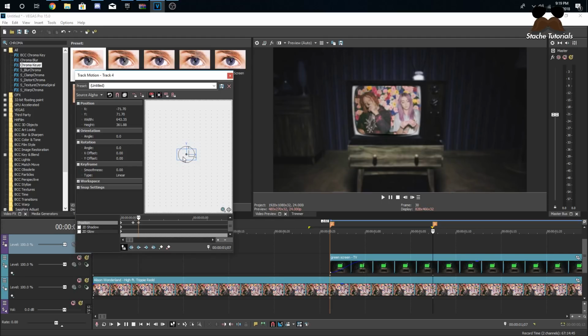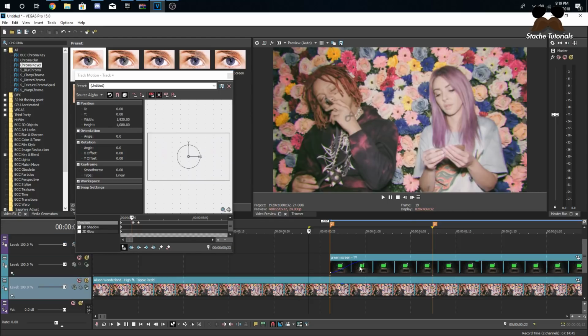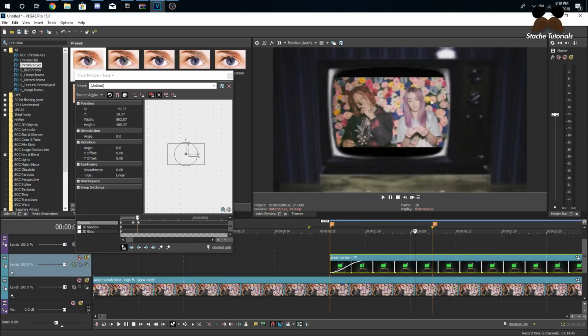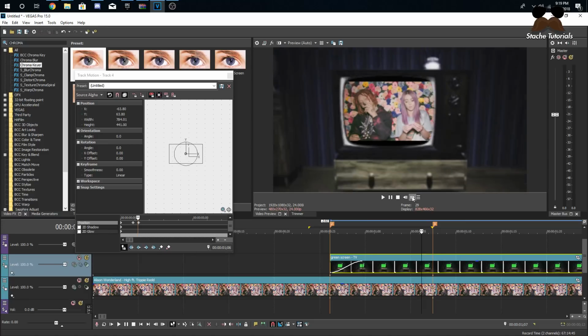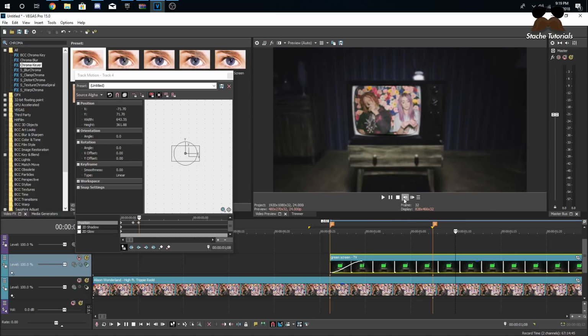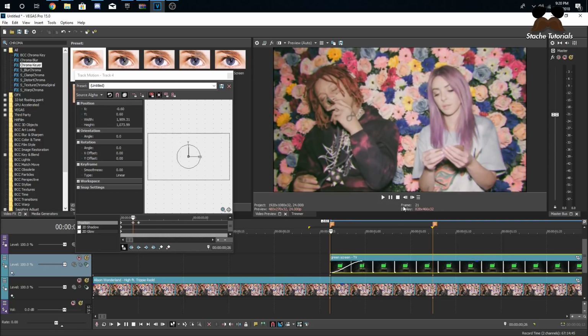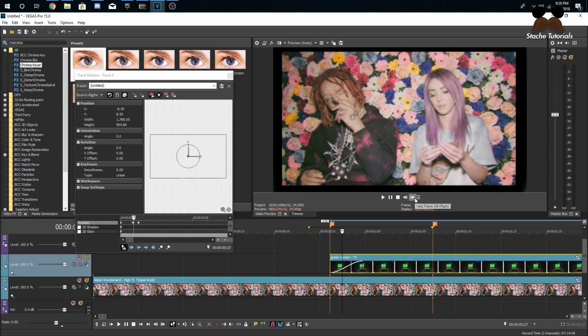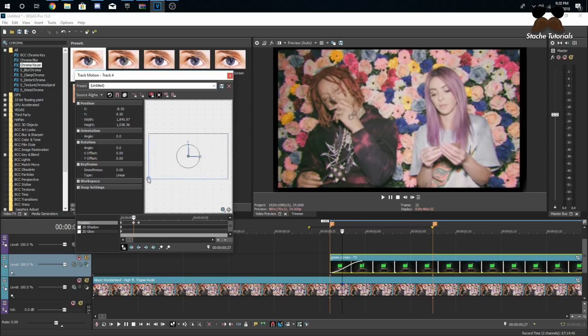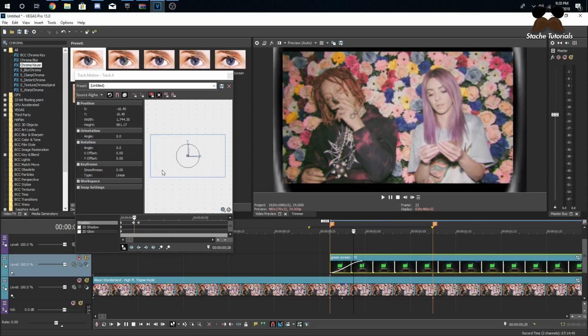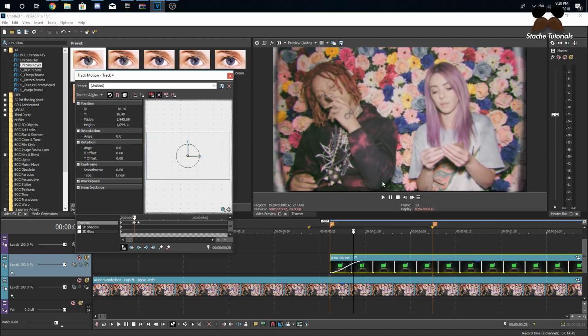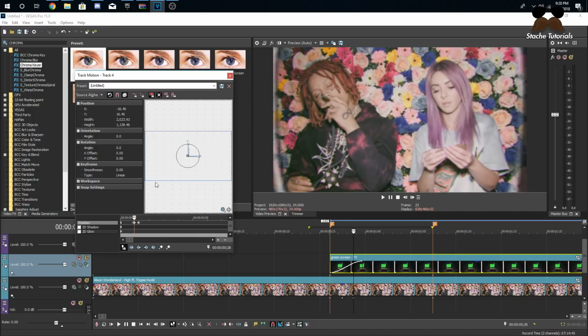But the thing is with this TV, you can't really zoom it all the way out because this is a widescreen video and this TV is a different aspect ratio. So you'll finish it like this, and even then during it you'll have these black bars. So what you can do is what I did before: when the TV was coming up, I just did this frame by frame and kept this right here, one, and then I move this up a little bit like that, which seems weird, or counterintuitive, but